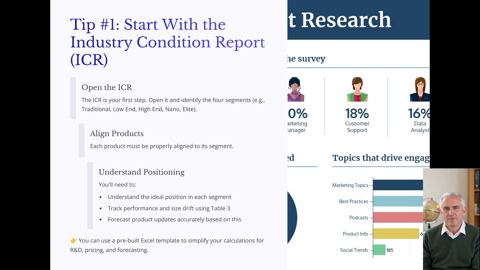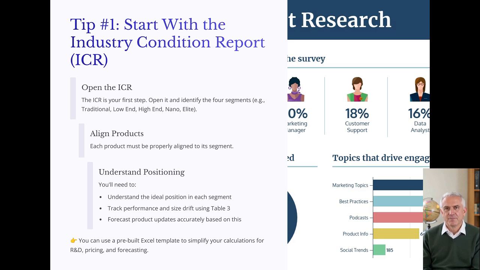Tip number 1. Start with the Industry Condition Report, ICR. The ICR is your first step. Open it and identify the segments, e.g., traditional, low-end, high-end, nano, elite. Each product must be properly aligned to its segment. You'll need to understand the ideal position in each segment, track performance and size drift using Table 3, and forecast product updates accurately based on this. You can use a pre-built Excel template to simplify your calculations for R&D, pricing, and